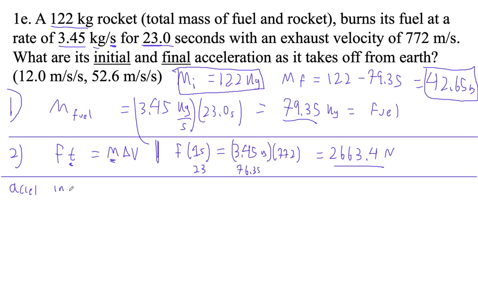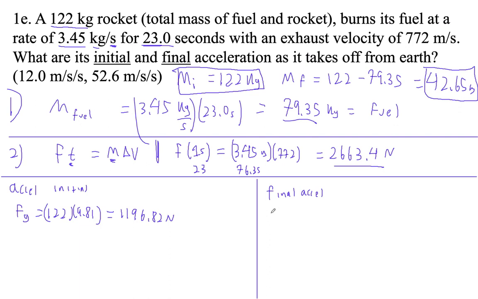So we'll do the initial. So initially, the weight, the force of gravity, right, is 122 times 9.81. So initially, the acceleration will be less for two reasons. It's got more inertia, but it also has more force of gravity acting on it, right? They're different things. But both of them are just because it has more mass. So that's the force down, right? And then let's figure out the final acceleration. Okay, so for the final acceleration, the force of gravity is going to be that final mass